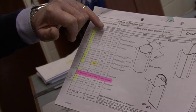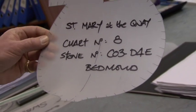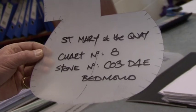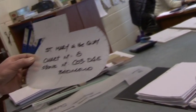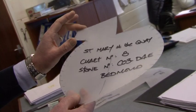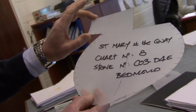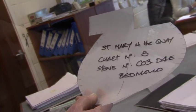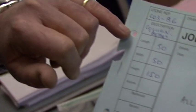with, as I say, the sizes of the heights, the depths and the widths of them. We actually make our own plastic templates. This one shows just the column, one of the four sections, and as there's a square section between each of the circular sections, this one shows a simple checkout of what we call the beaks, which go between the circular sections. Each stone has its own card, which goes down to the saw shop,